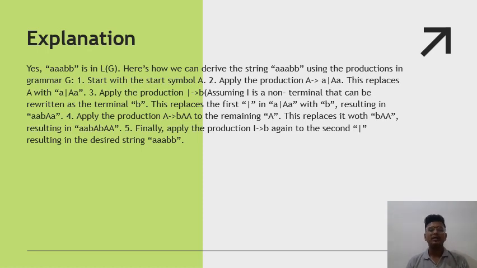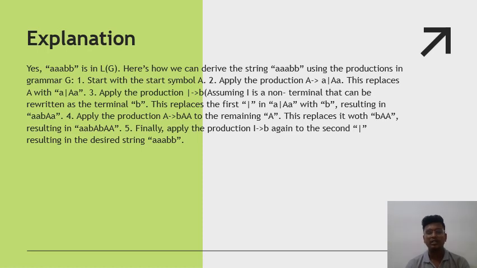The third step is to apply the production B, assuming that the union is a non-terminal that can be rewritten as the terminal B. This replaces the first union in A union AA with B, resulting in AA, B, capital A, and A. And the fourth step is